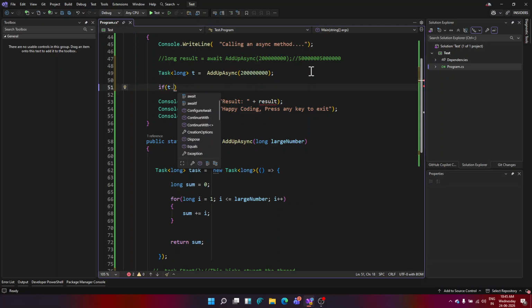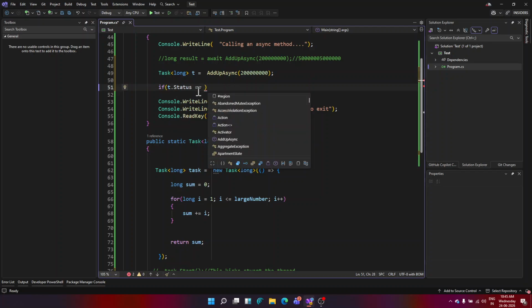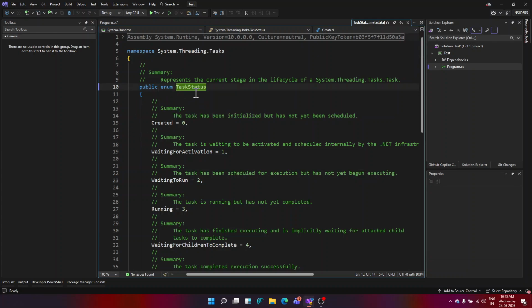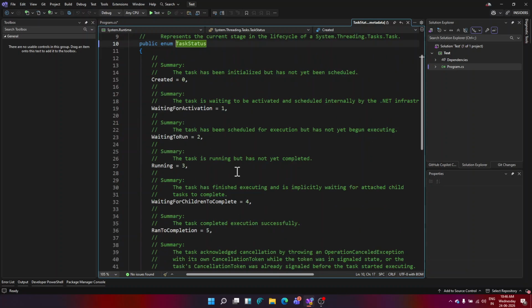There are a lot of task statuses. TaskStatus is basically an enumeration. If you click on it, you'll find a lot of values: Created, WaitingForActivation, WaitingToRun, Running.